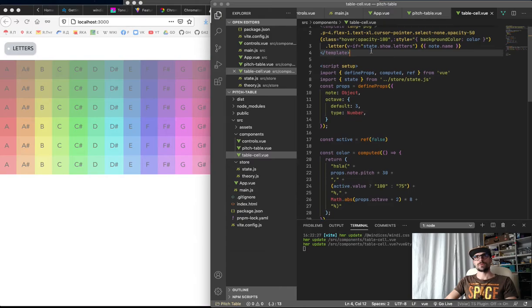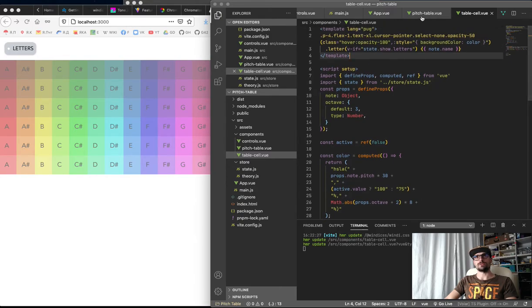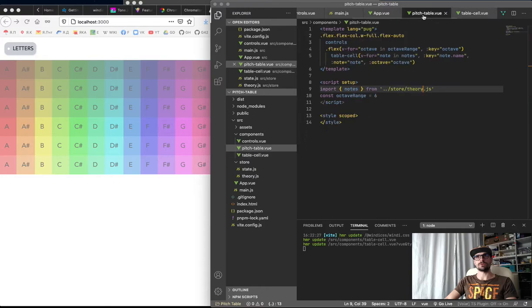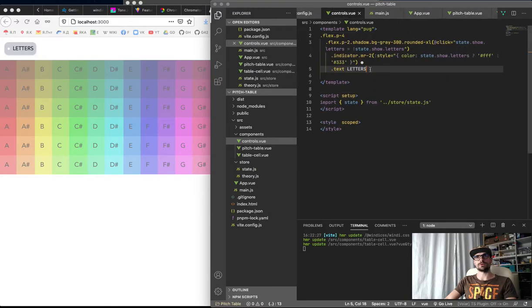Okay, so here we have it. We can abstract the styling just in a component, but also we can abstract it with CSS,